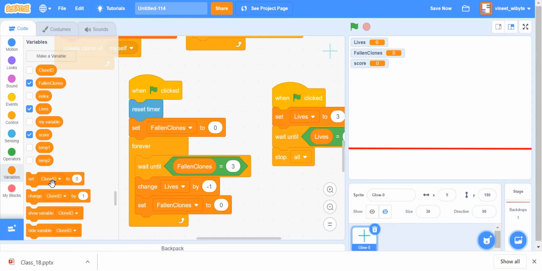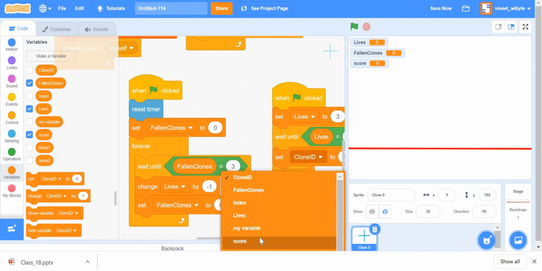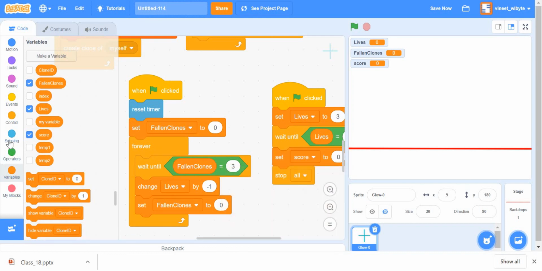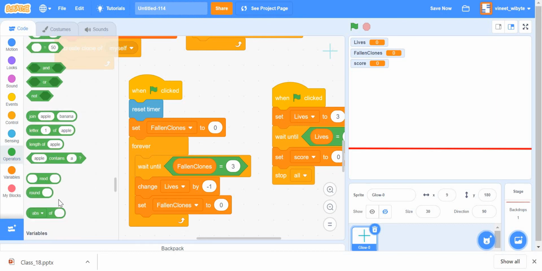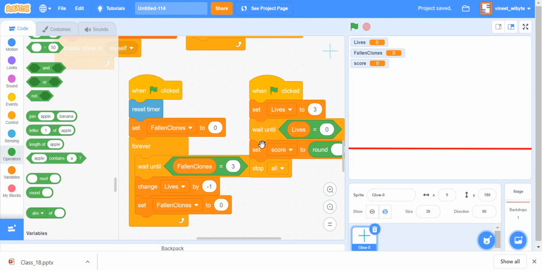So I'll say set score to, perhaps I can do set score to, say, round of timer. Now, what does round do? Basically, it will remove all the decimal places. It will either take it to the larger number or the smaller number. So if it's less than, let's say, 3.21 it will become 3, 3.81 will become 4, right? So it's just nicer, to demonstrate.